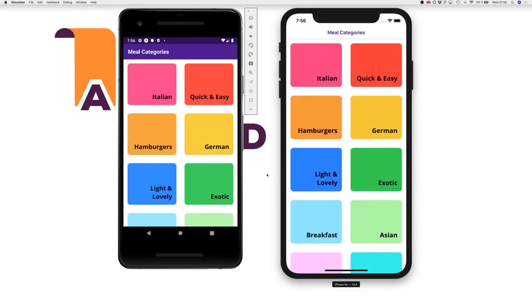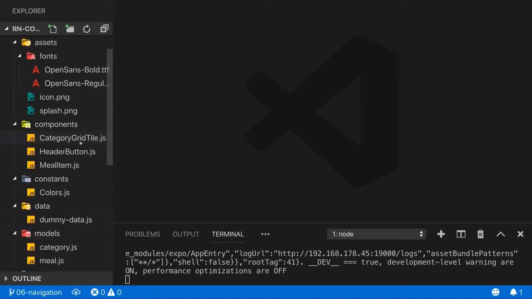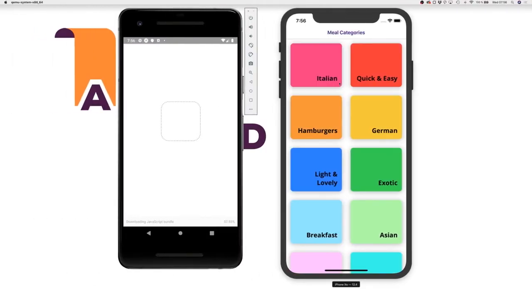Now a quick fix, which I just noticed that we need to implement. Our shadow is gone here on this category page. I didn't notice this earlier. This happens because on the category grid tile, I added overflow hidden. If I remove that here, then we have the shadow back, and it makes sense that we get it because